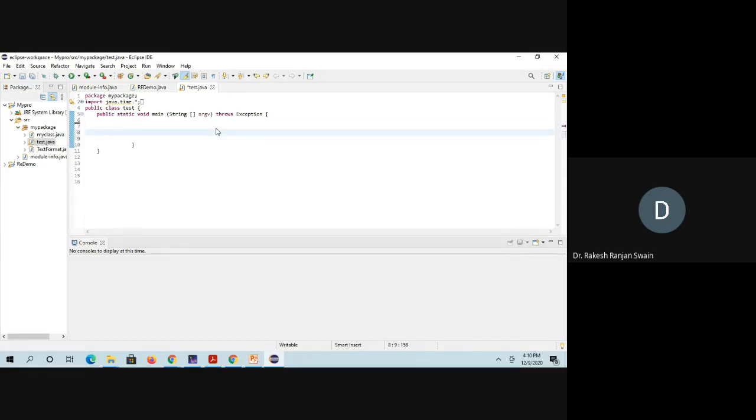You can take the string from the user, or you can define it directly here. I'm directly defining a string, suppose name, and suppose my string starts like Dr. Rama. I declare my string here in double quotes.